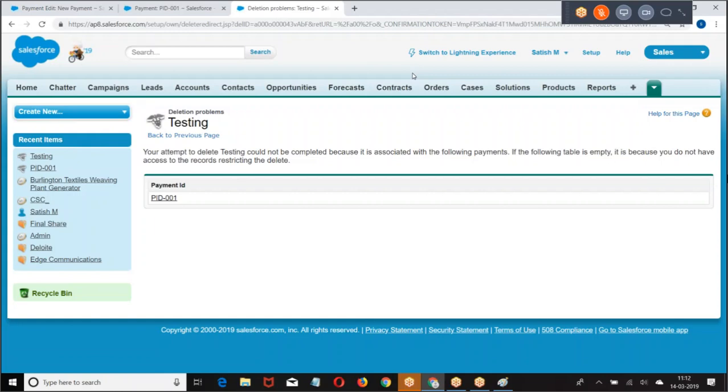Right. Now, what is my requirement? Whenever we are trying to delete a record, first delete the child records, if any, then delete me. If you are making an attempt to delete me, first check whether there are any child records for me. If there are, delete them first, then delete me. Are you getting my point? I hope you are good.